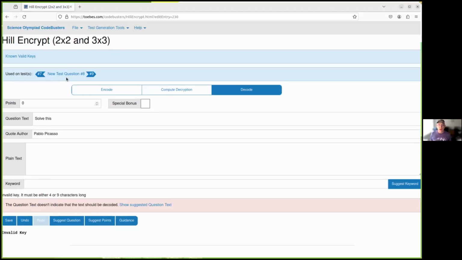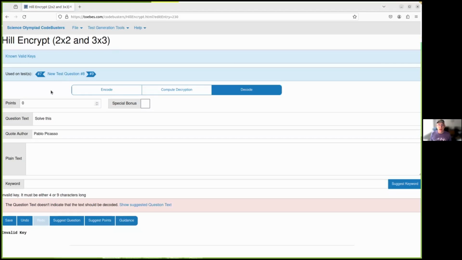Let's walk through creating a Hill cipher. The Hill cipher requires some math, so a calculator is really going to be useful. Solving the Hill cipher comes down to number crunching and not making a mistake in doing so. The first step in solving the Hill cipher is computing the decryption matrix, that is, the inverse of the matrix